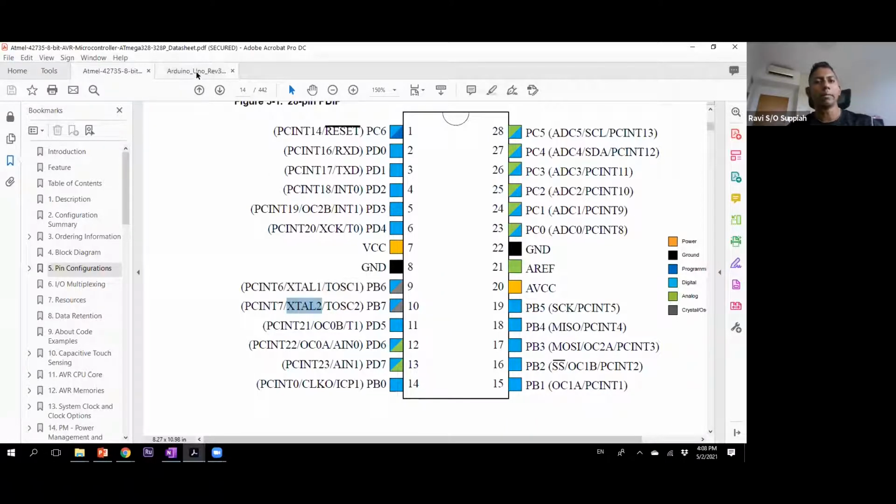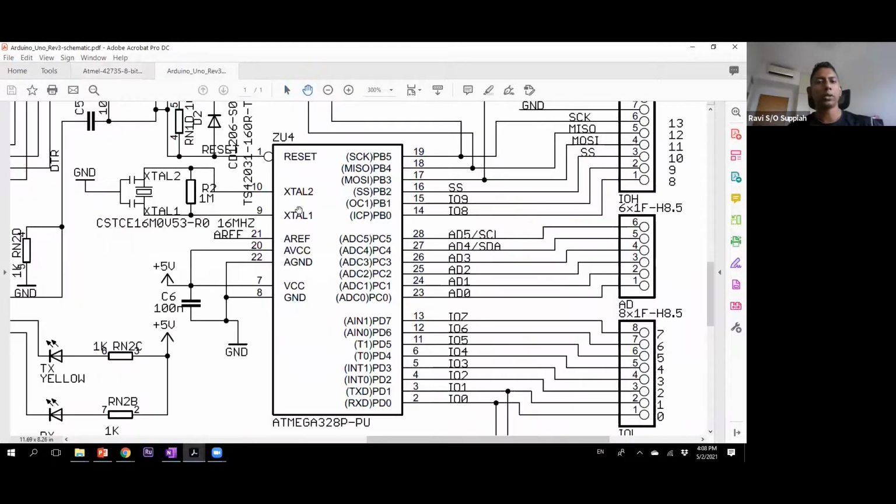Okay, and you remember I asked you during the studio what frequency or what clock we are running on. Okay, and it was a small silver color sort of component on the board. All right, so that is actually the crystal, and that is tied to your crystal 1 and crystal 2 pins. Okay, the 16 megahertz clock. Okay, so because it is already used for this external clock, we are not able to use port B, pin 6 and pin 7 in the actual Arduino Uno board.